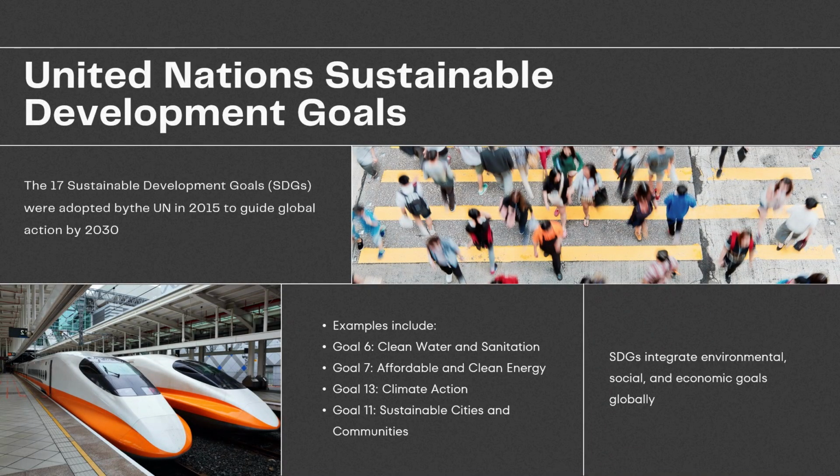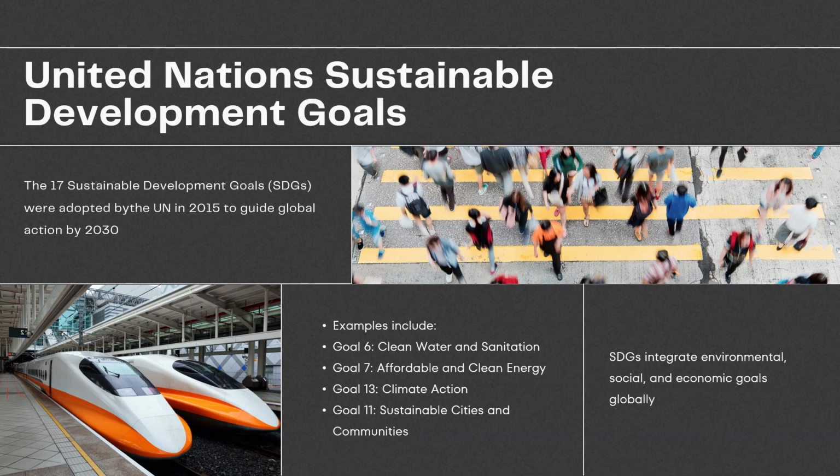The United Nations Sustainable Development Goals were adopted in 2015 to guide global action through the year 2030. Each country or region assesses the goals in their area to create an a la carte plan, such as the options listed here. For example, Goal 6 is clean water and sanitation. If there's a lot of wastewater running off, that region might decide to invest in water treatment plants. Goal 7 is affordable and clean energy. That region might decide to target certain areas for wind or solar.